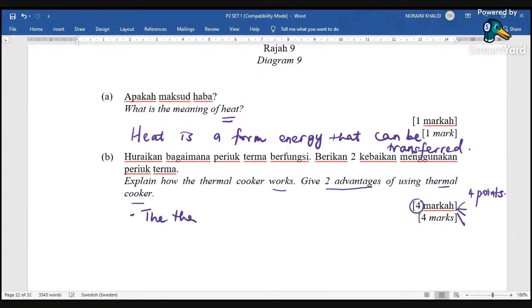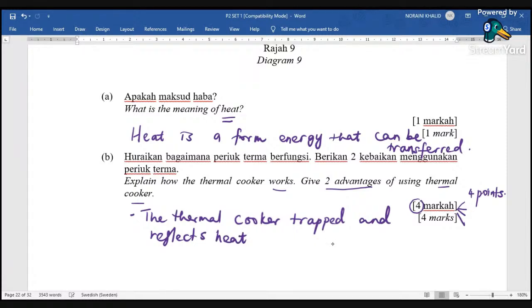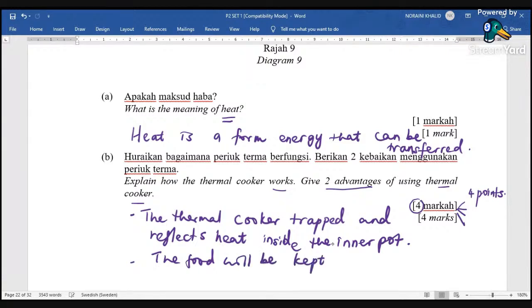The thermal cooker traps and reflects heat inside the inner pot. The food will be kept warm or heated